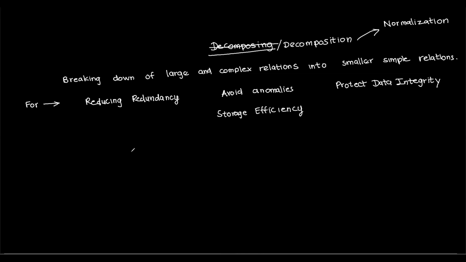That's what we call data redundancy. Why is this data redundancy formed? It's because if we mix up attributes in one relation that are not related to the primary concept,